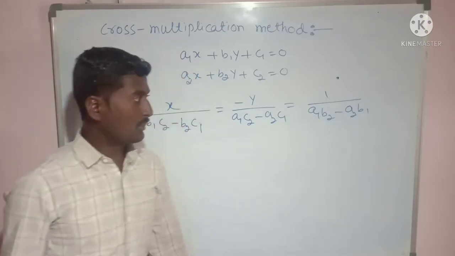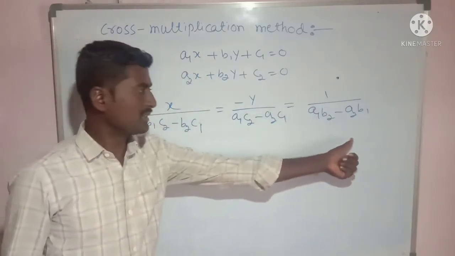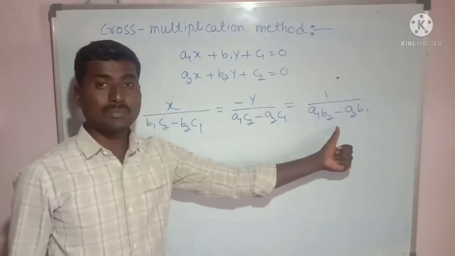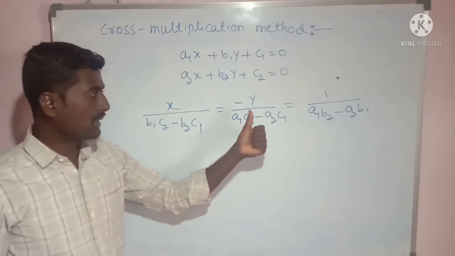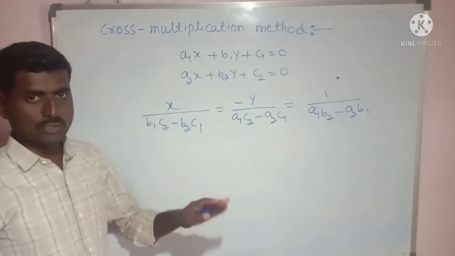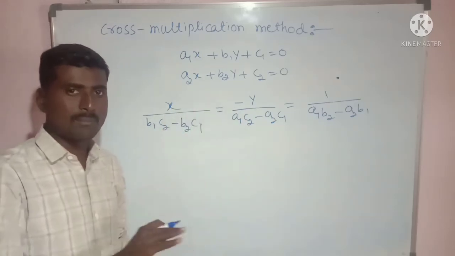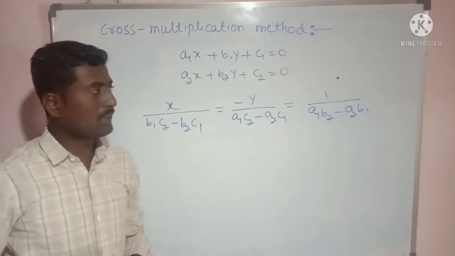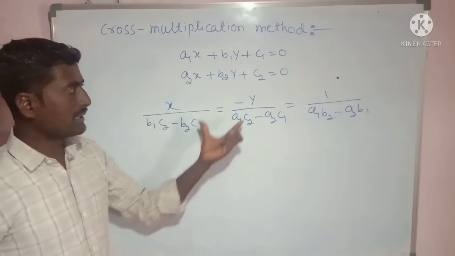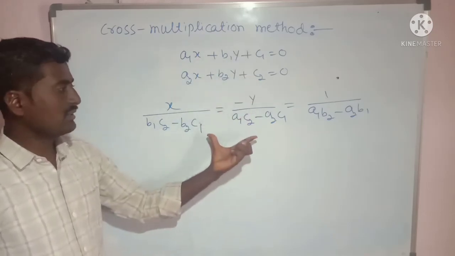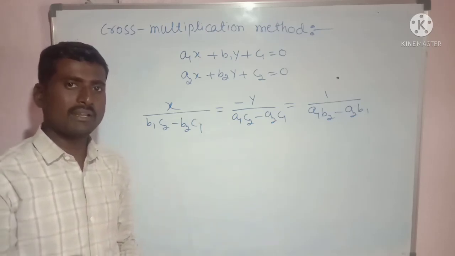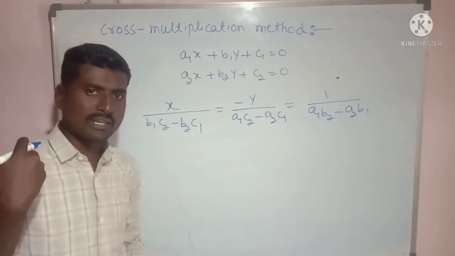So this is totally a constant, a number you are getting here. By comparing the first and last term, I will get the value of x, and by comparing the second and third term, I will get the value of y. Of course you may not understand this. I will take one example in the next class, and by explaining that example you'll get a clear idea. No need to worry about it. Just copy this: first write these two equations, then write this term. Afterwards I will take one example and explain it, and you can then solve any question by yourself.